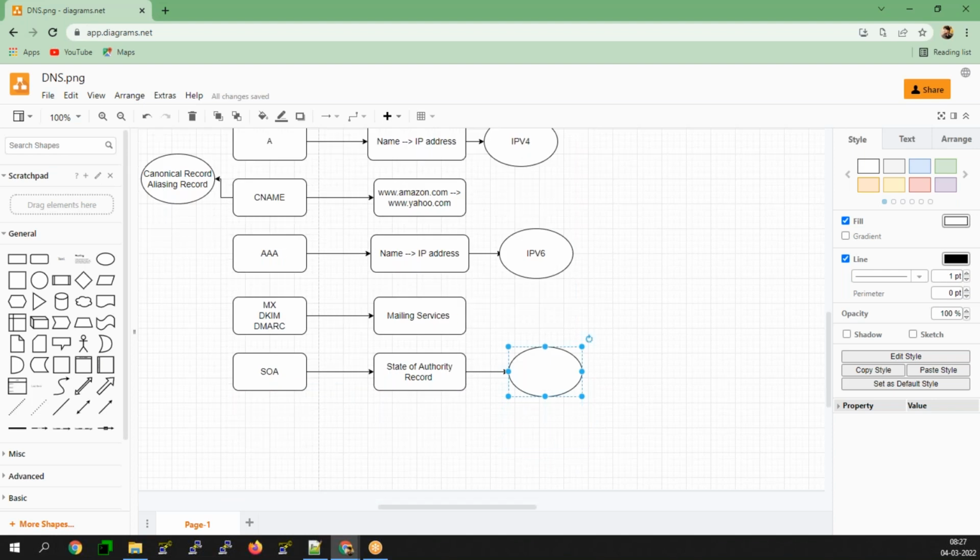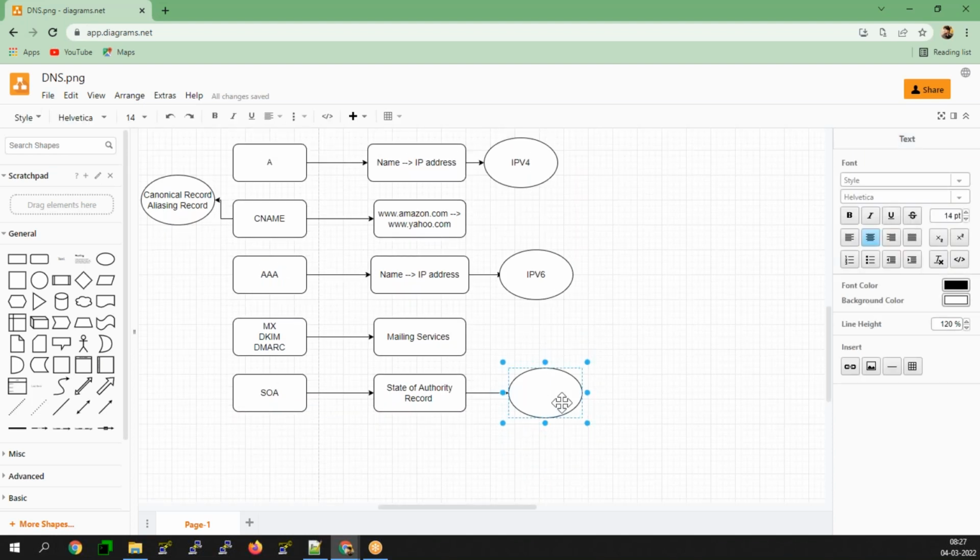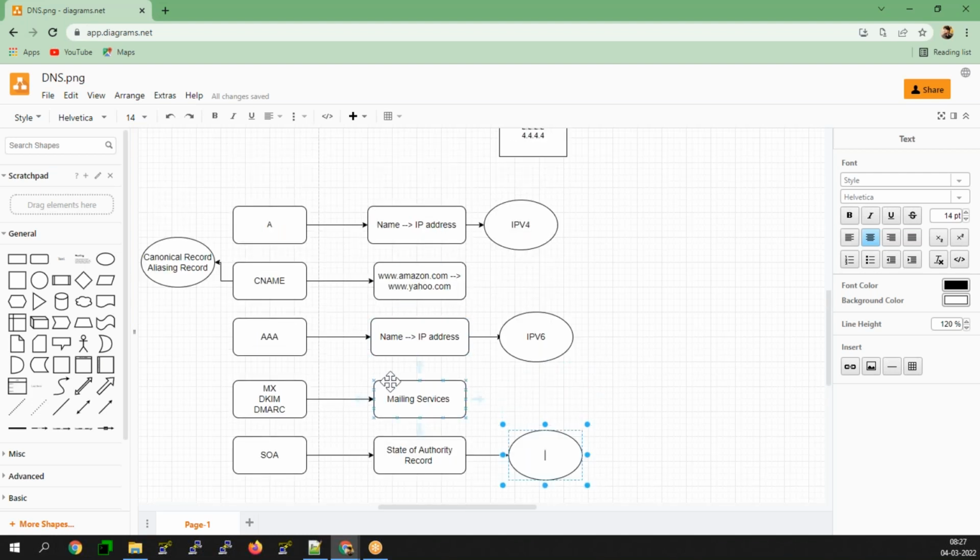Let's say suppose an individual is completely managing the name servers. I can manage your respective www.amazon.com or www.yahoo.com records. And Pramod can also manage the same www.amazon.com and the same www.yahoo.com records.